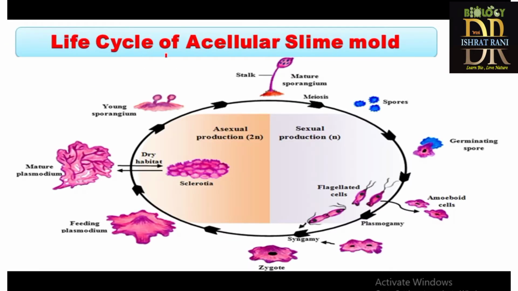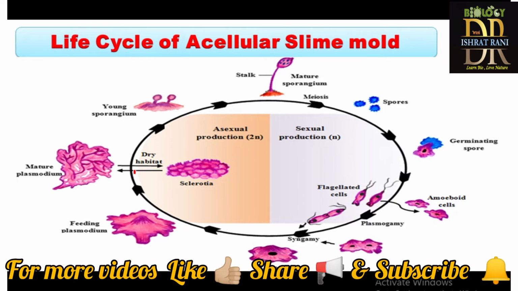Here is the life cycle of acellular slime mold. You can see that this is the feeding slime mold, and in maturation in a dry habitat it turns into sclerotia. The sclerotia are also resistant to environmental conditions. When the conditions become favorable,